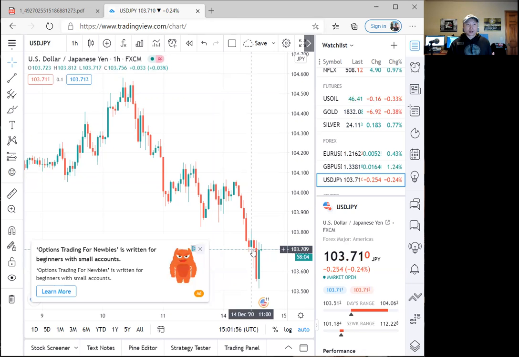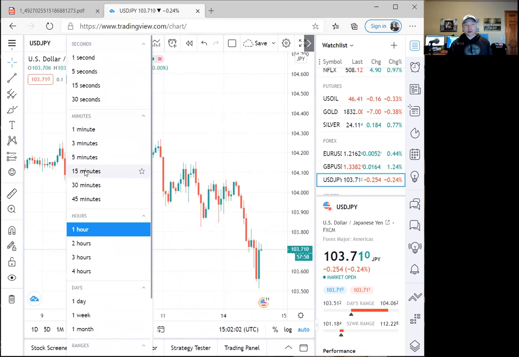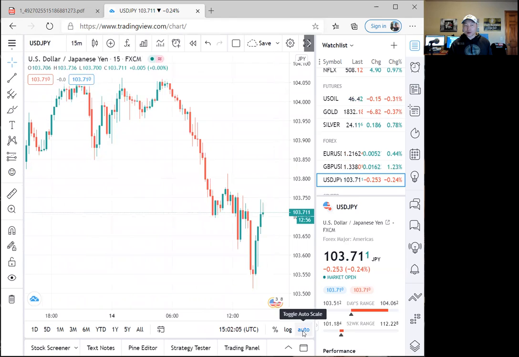So it's very crucial to understand that every hour you get a new hourly candle, but make sure you tie yourself back to the 15 minutes so that you don't get confused on when you want to get a precise entry. With the 15 minutes, you're a little bit more precise on looking at price as up and down. So now we know we're looking at 103.551 right down here, and looking at the resistance here at